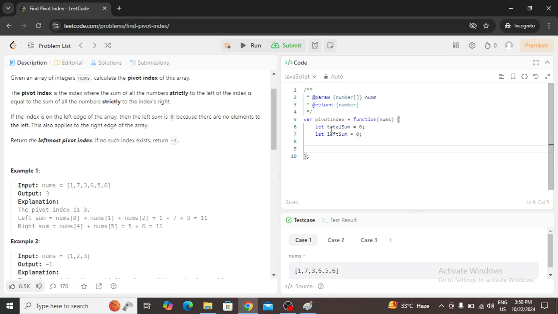First of all, we will find the total sum. We will use a for each loop to find the total sum.